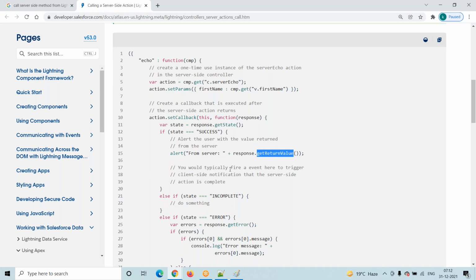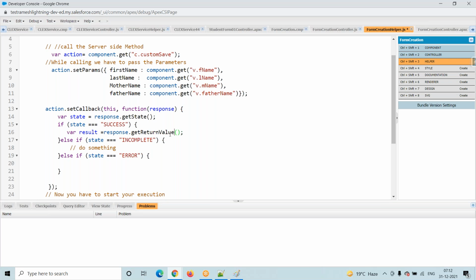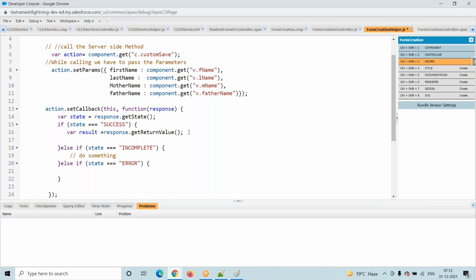This is my result. Now for our understanding purpose, I will put it in the alert box, whatever result we are trying to discuss, so that we can see it. The alert box is for our understanding purpose. Result. Okay, try to save this one. Now I will go and execute this one.